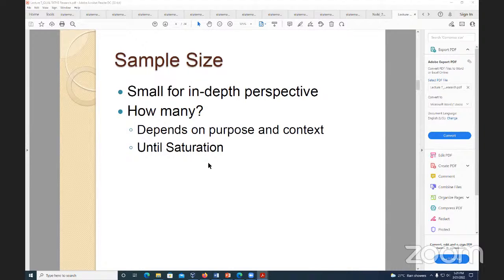So if, for example, going back to my social media youth, I'm interviewing youth in Jamaica, in Kingston and Montego Bay, and I find that I go to 20 people and all 20 of them for every question I'm asking are saying the same thing, I could say I've reached saturation. By the way, I'm not a qualitative expert, but the point is I may not need to go to 30, because it's so obvious that at least in the population I'm looking at, it's a homogeneous group and there's not much variation. Perhaps there's no need to continue because we're finding the same thing from all of the participants.